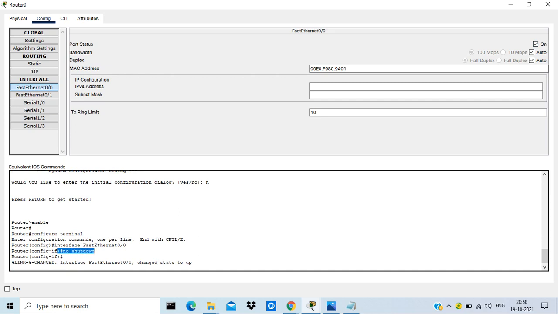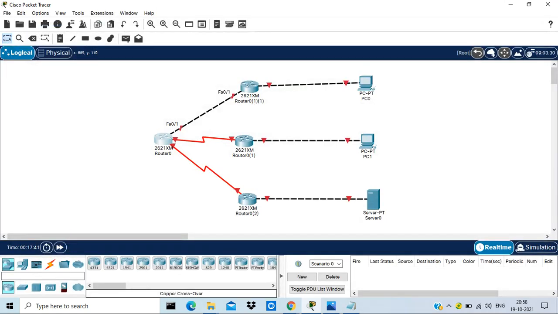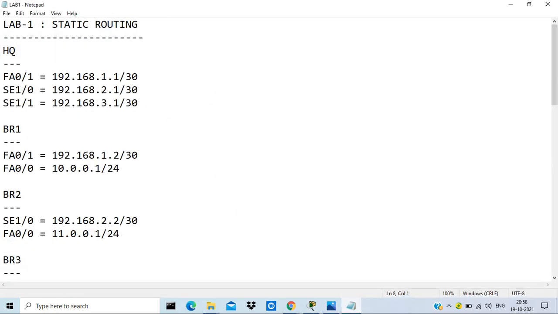Since I am in the headquarter router, I need to enable FA 0/0. Let me check what the interfaces are. FA 0/1, and AC 1/0, and another is AC 1/1, I think.